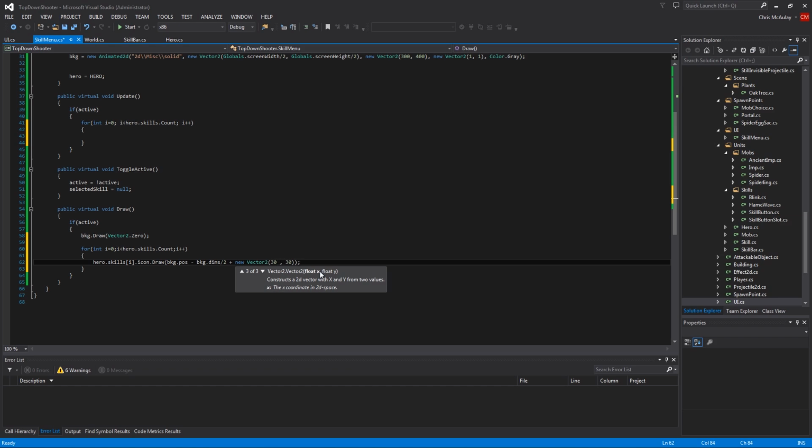Now, what do we do for the rest of this? We want to wrap this horizontally and vertically, because you might have like 30 skills. So for right now, I'm just going to do 4 a row. I think that'll be a good fit for it. You can adjust this number whenever you want to. To do this, you say i mod 4